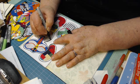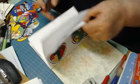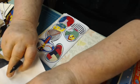And then doodle around. Oh, you know what I need to do, which I didn't do. Usually what I do is put a piece of paper of some kind